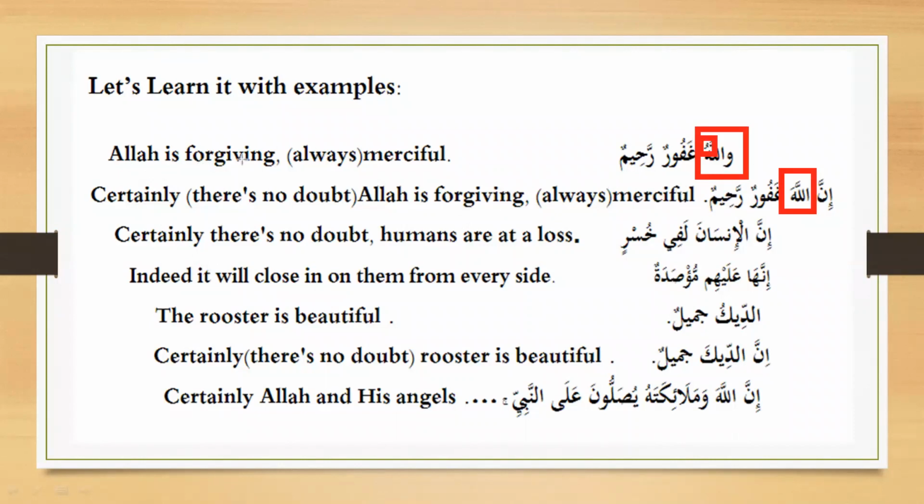The first sentence meaning is, and Allah. Actually, there should be "and" over here because wow is here. And Allah is forgiving, always merciful. And then when Inna comes with Allah, Ism Jalala, in the Nasb status with the Fatha at the end, see the translation: certainly, there's no doubt, Allah is forgiving, always merciful. So there's so much emphasis that comes with this